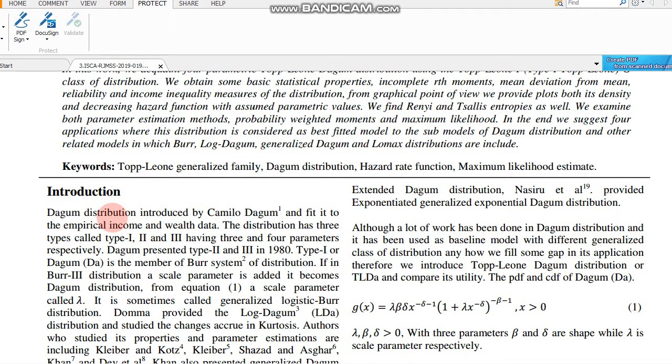As for the introduction, the Dagum distribution was introduced by Camilo Dagum in 1970. He introduced three types of this distribution, called type 1, type 2 and type 3. This distribution belongs to the Burr system of distributions introduced by Burr in 1942. Basically it's a Burr 3 distribution with an additional scale parameter. If added, then the Burr 3 distribution becomes the Dagum distribution. The PDF of the distribution is